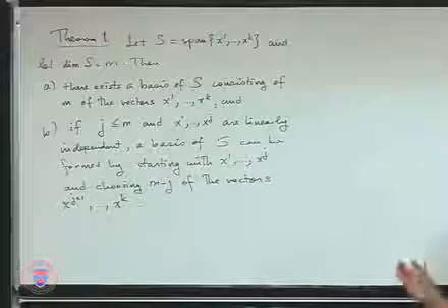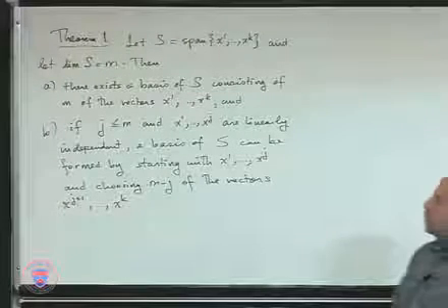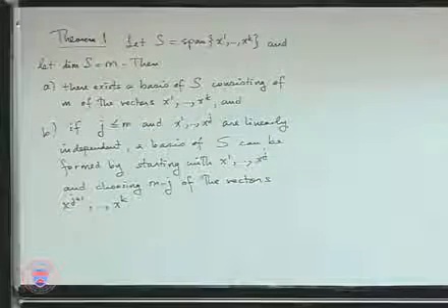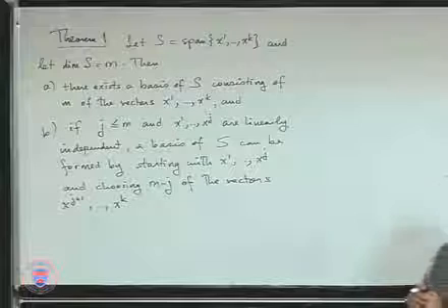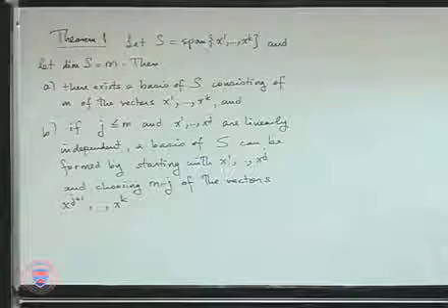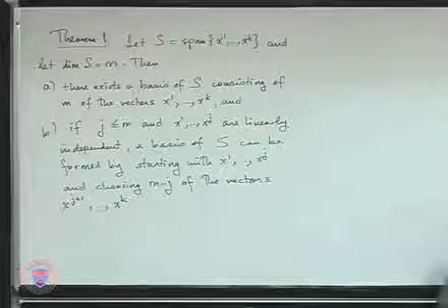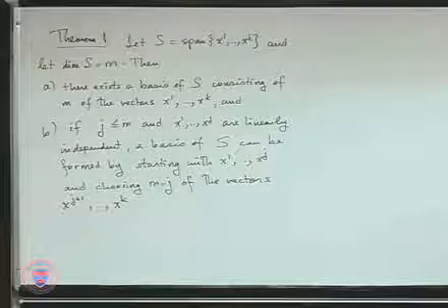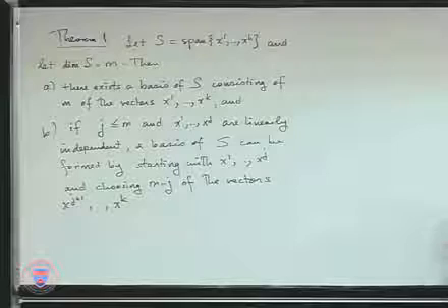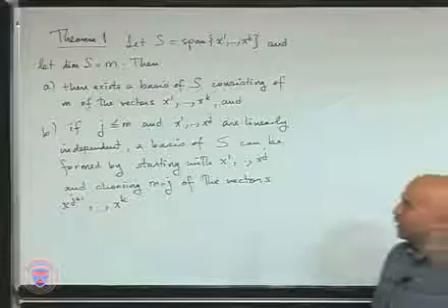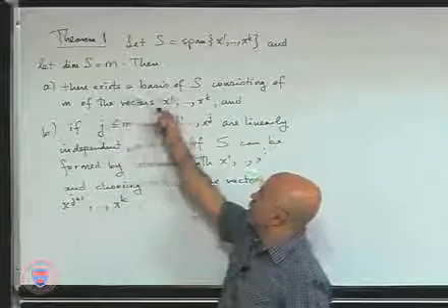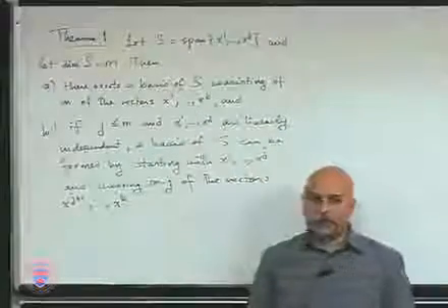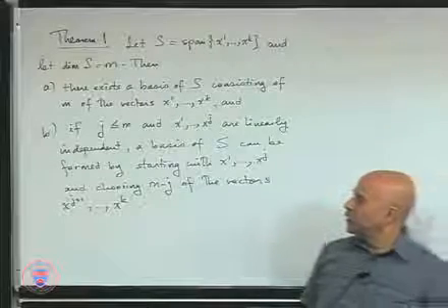All right, does everybody have it? Okay, first of all, let's understand what this theorem is trying to convey. We have S, a subspace, as a span of x1 through xk. And the dimension of S is assumed to be m. Then it turns out that there exists a basis of S consisting of m of the vectors x1 through xk. And part B,